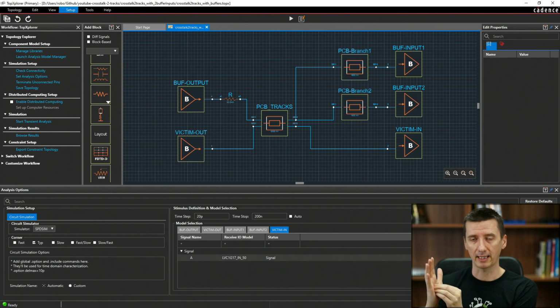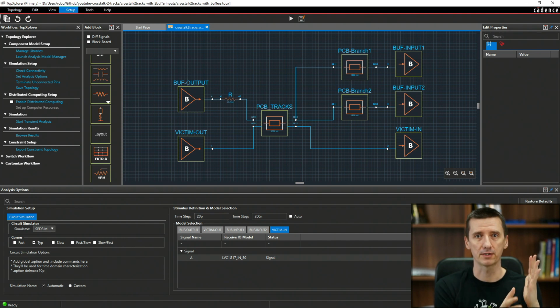This reflection will travel back through your track, but when it arrives at the end of the track which has proper impedance matching, this reflection will disappear. There will be no reflection. So basically in this case, you will have one reflection, but then it is gone. And this is why it helps a lot. And that's what I believe is happening in our case.